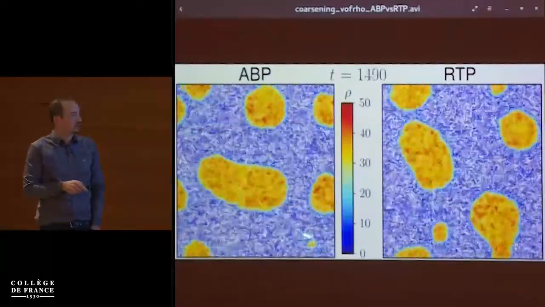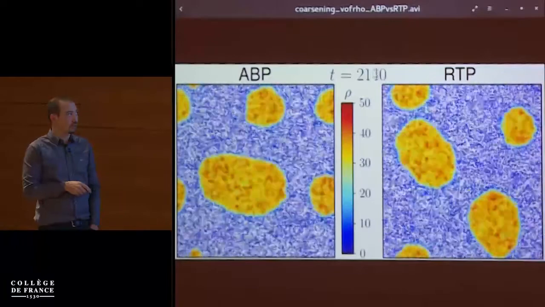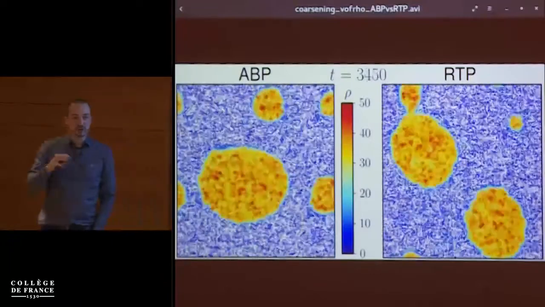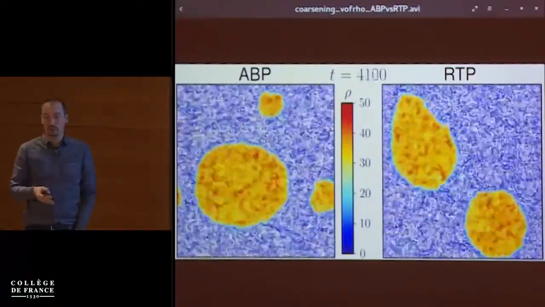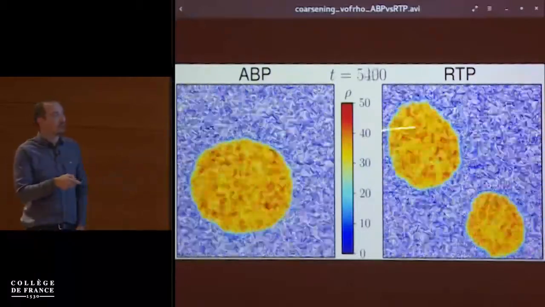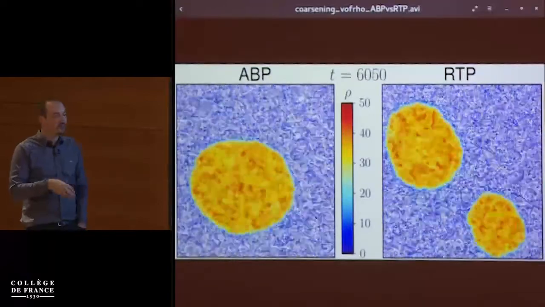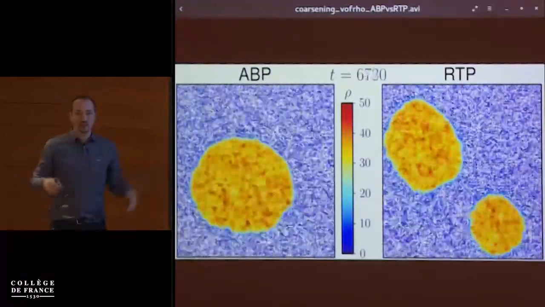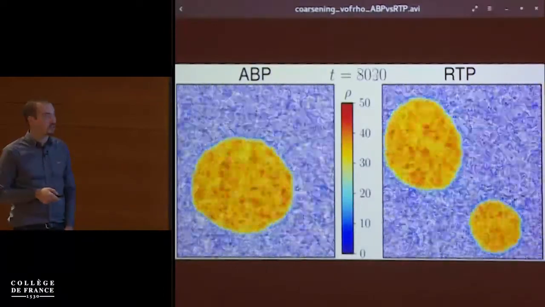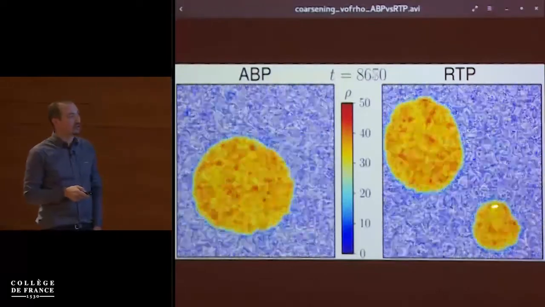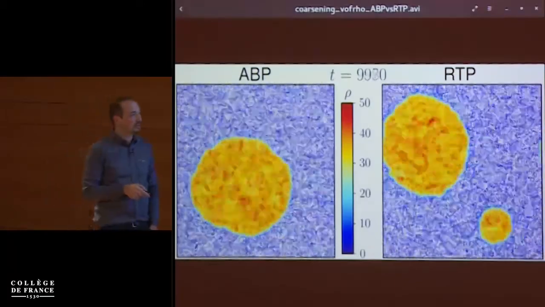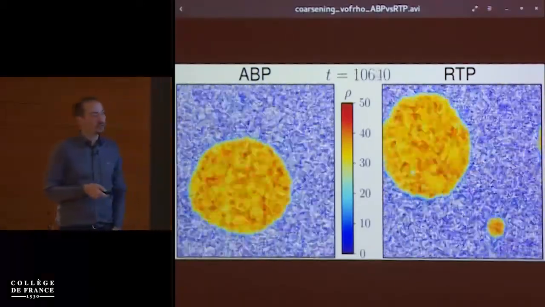If you try to characterize this coarsening, it looks a lot like an equilibrium liquid-gas phase separation. Another interesting thing is that microscopically, the left and the right systems have different reorientation dynamics. But when you zoom out, it is completely impossible to distinguish the two of them. You have a form of universality: at this emergent level, the microscopic details of how you randomize your velocity are irrelevant. This coarsening process, in which a small droplet evaporates and its mass is redistributed onto neighboring ones, also exists in equilibrium. It's called Ostwald ripening.